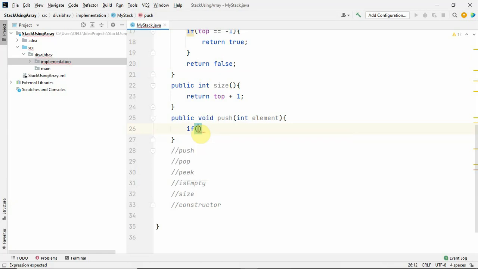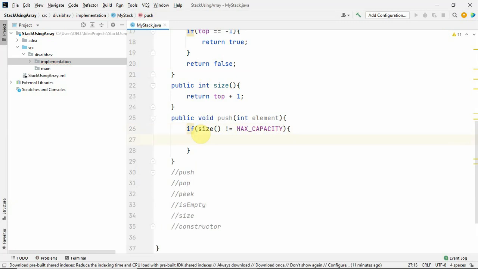If size of the stack is not equal to max capacity. When will the size of a stack be equal to the max capacity?